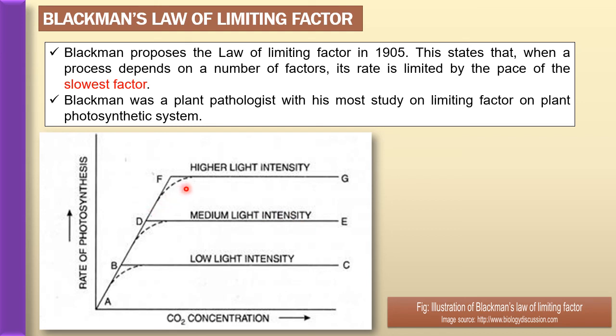And after the point F, when the higher light intensity also becomes a limiting factor, further increase in carbon dioxide concentration will have no favorable effect on the rate of photosynthesis, which becomes constant along the line F and G. So any further increase in carbon dioxide concentration will not bring any changes in the rate of photosynthesis. Thus, it is quite evident from the above discussion